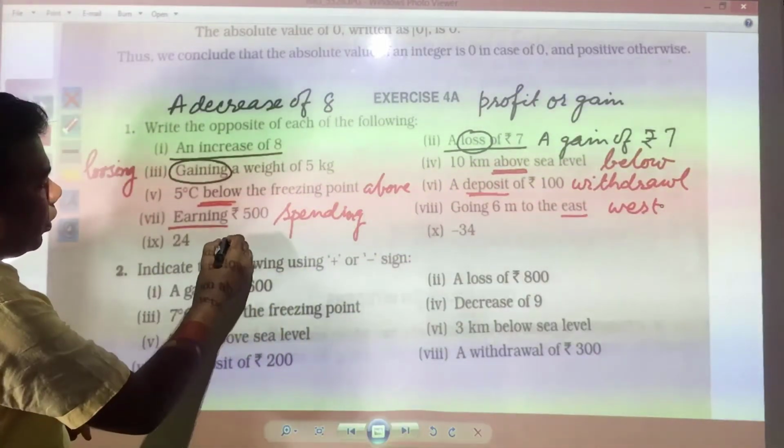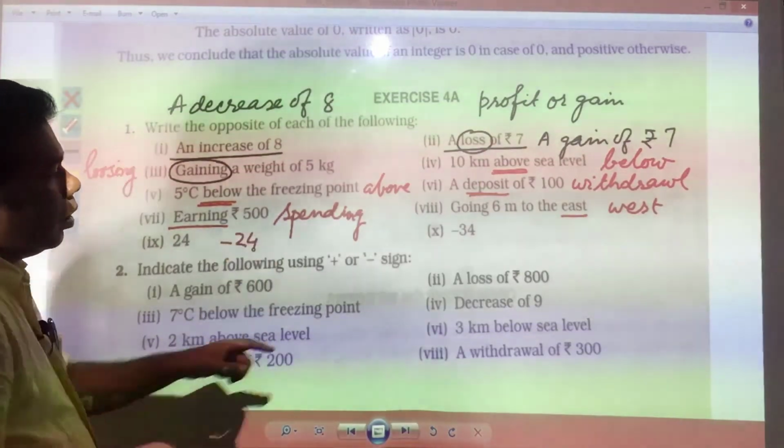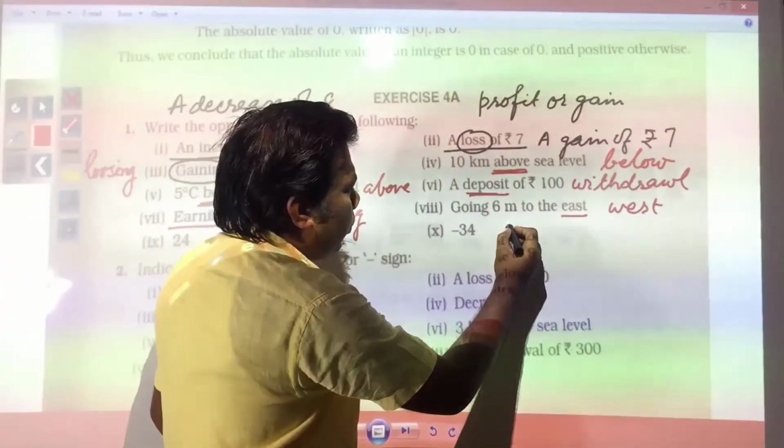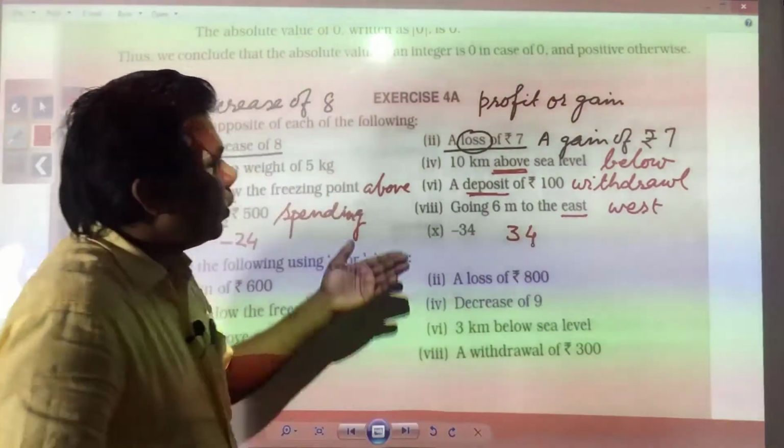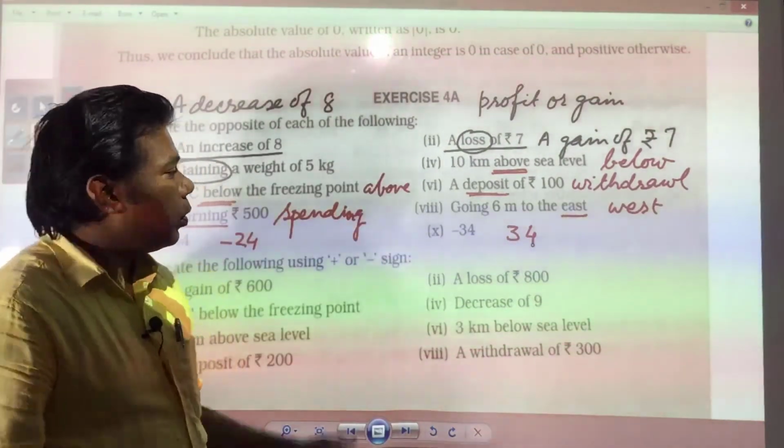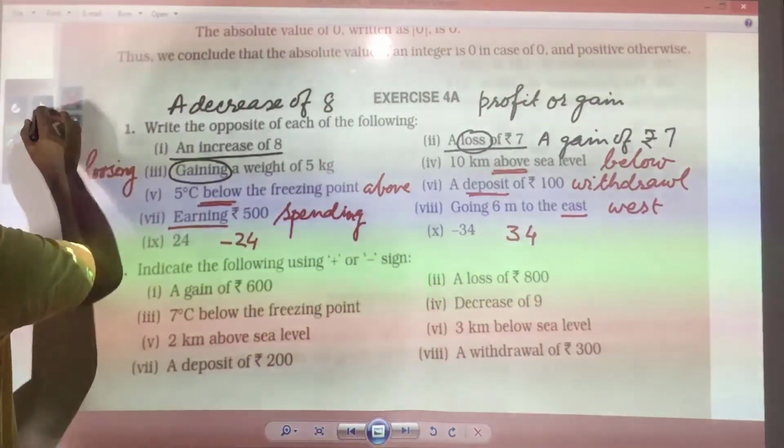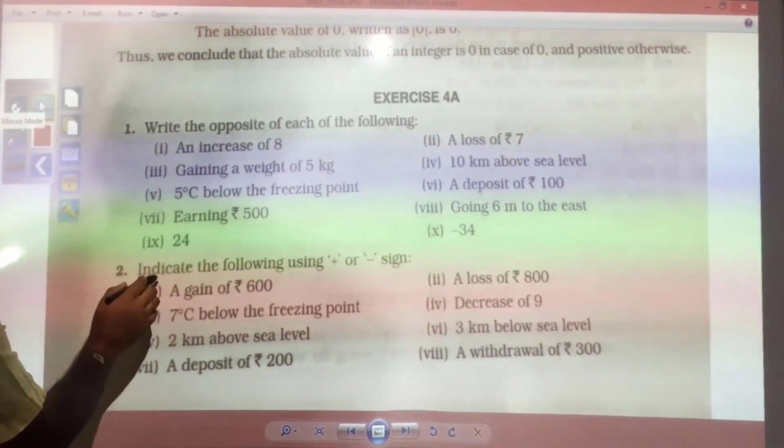The opposite of 24 will be minus 24. The opposite of minus 34 will be 34. In this way you need to write properly. It should be written in the notebook. Next you see